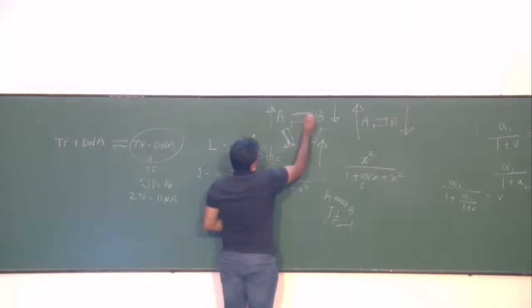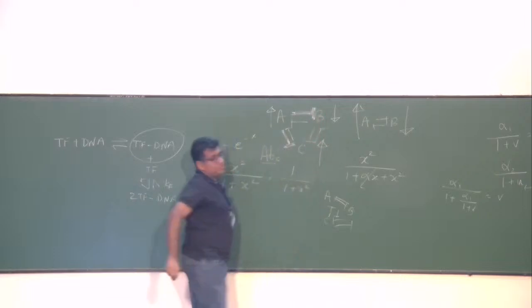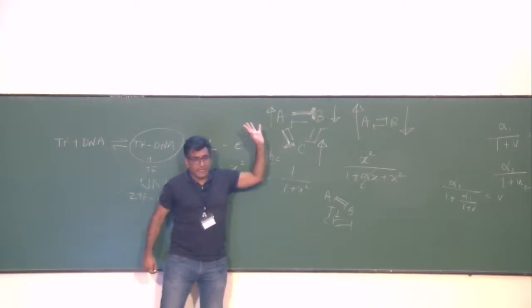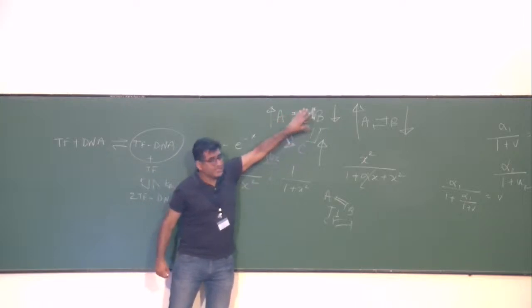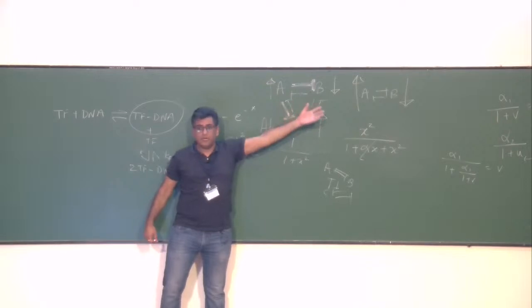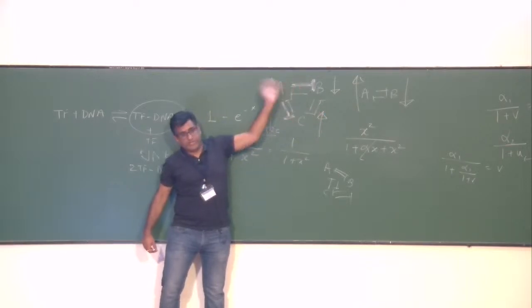So when you take all the parameters in which you found A was high, B and C were low, and you calculate the values of those cases in each parameter set, one scenario in which this could happen is that A is inhibiting C much more strongly and A is inhibiting B much more strongly than B is inhibiting A or than C is inhibiting A. If this condition is satisfied, then B and C would go very low, and because they will be low, they will not be able to inhibit each other as strongly because they are perhaps lower than their own threshold. So this is one scenario in which this frustration could potentially be resolved.